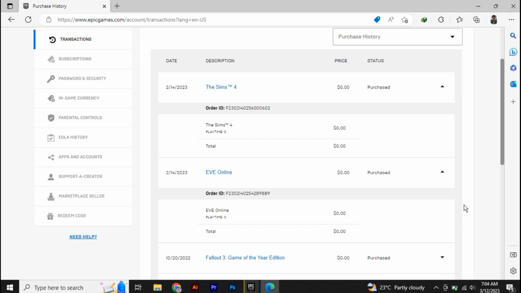So this is basically how you can get the refund on Epic Games store, but you cannot refund your V-Bucks